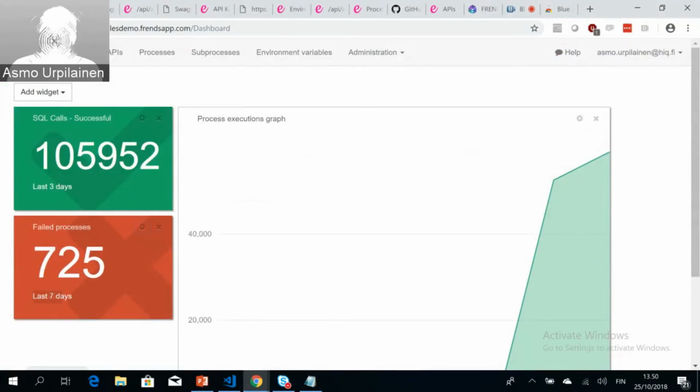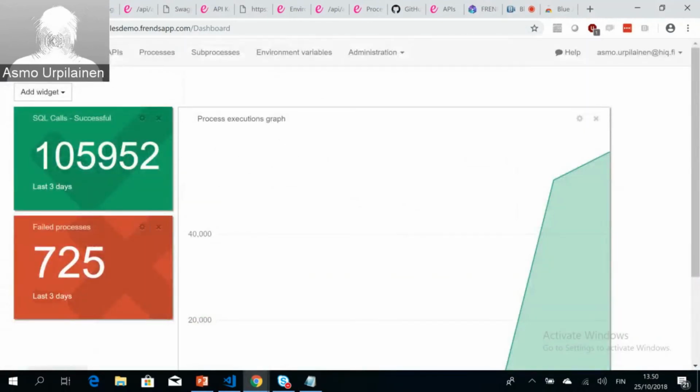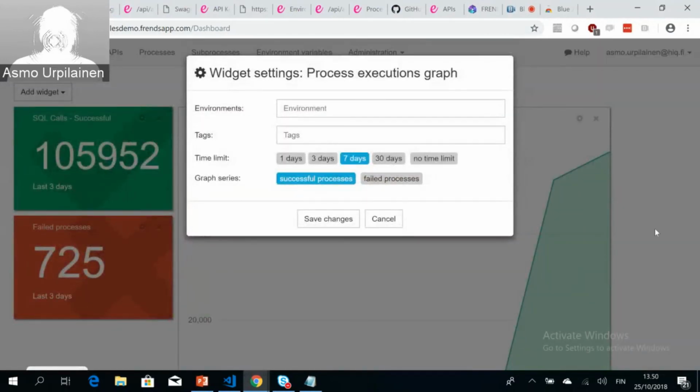So now I can actually monitor and see, and actually, wait, that's 7 days and the other one was 3. So let's change that to be 3. So now actually what I can do is stay on track there, seeing that, okay, out of 105,000 SQL calls, 725 were not successful. And of course, I have access to the same information here in a more visualized manner than